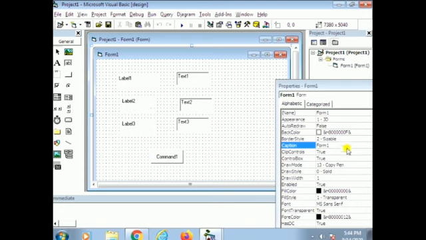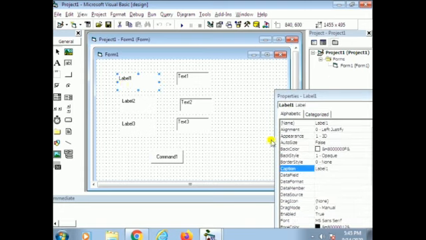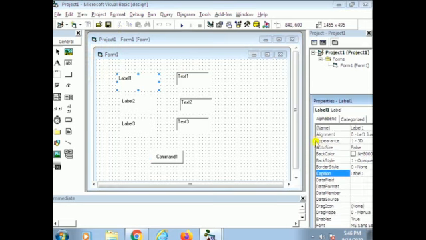First I set the properties of the label control, label 1. First we need to select the label and set the properties. For every label we set the name and caption properties. So here I take the prefix word LBL for every label. So LBL A, caption is A. And for the second label LBL B, caption is B. For the third label, name property is LBL sum, caption is sum.